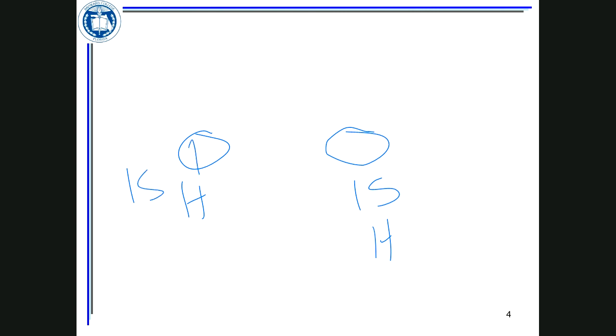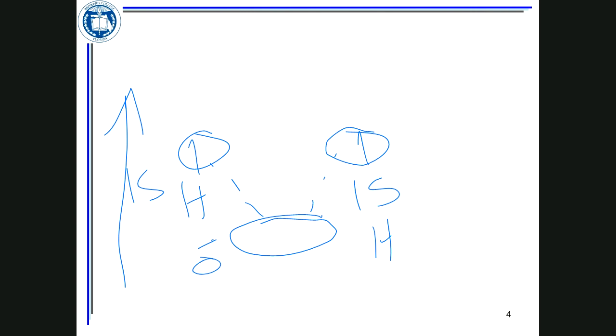So let's say you have a hydrogen atom with one s orbital, and then another hydrogen atom with one s orbital. This is a 1s with one electron, and this is a 1s with another electron. If these two have constructive overlap, they are going to form a bond, they are going to overlap and form a molecular orbital. In terms of the energy level, the energy of the molecular orbital, if it's bonding, is going to be less than each individual atomic orbital.